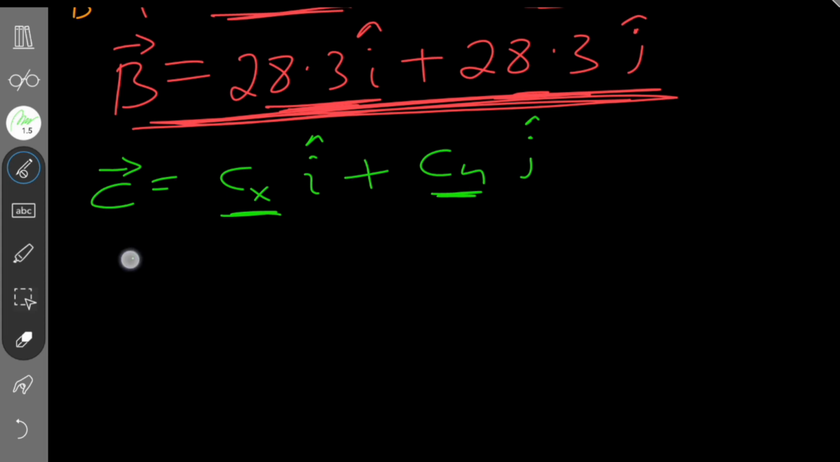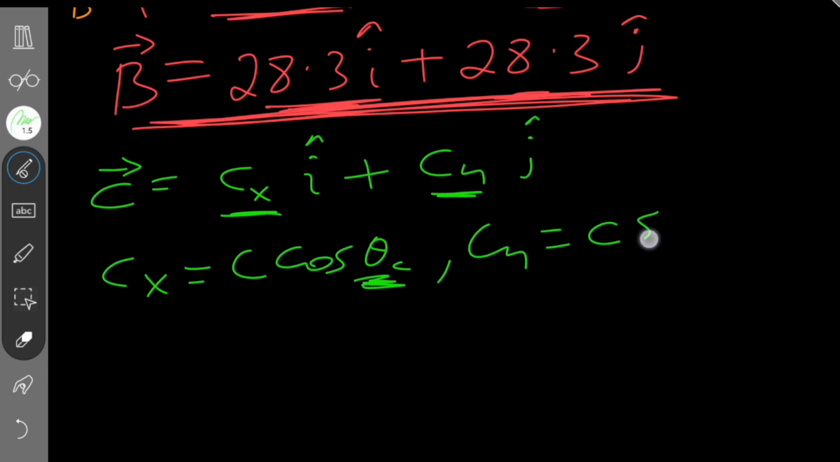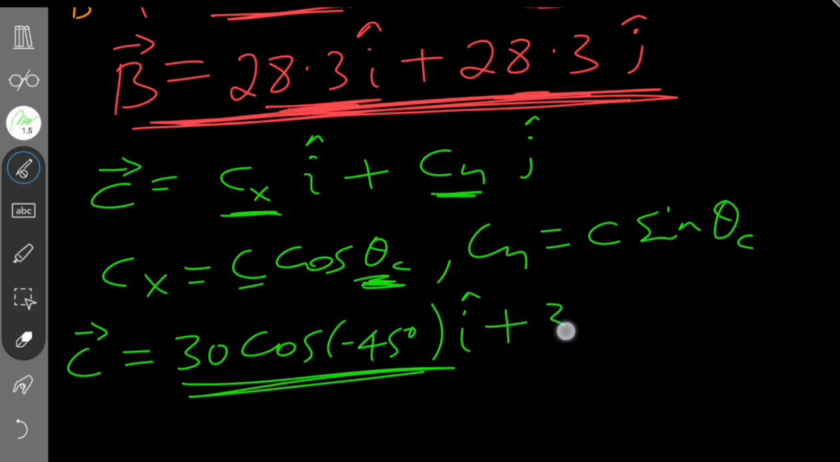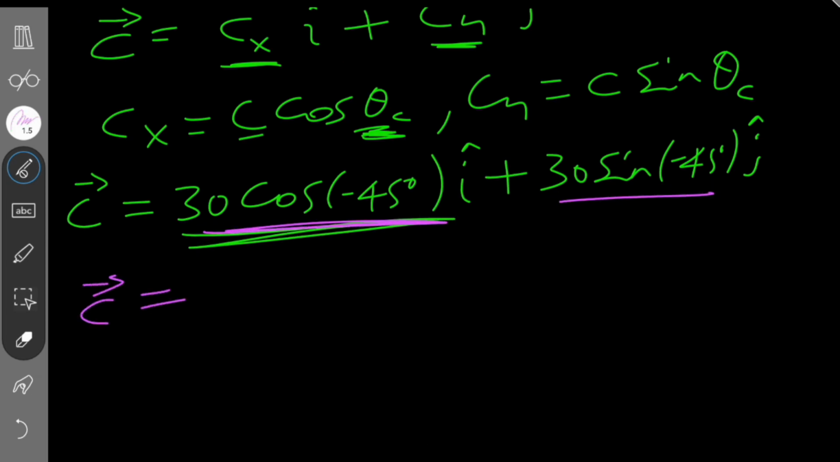cx is equal to the magnitude of c times cos theta, and cy is equal to the magnitude of c times sin theta c. Using this formula, vector c is equal to 30 units times cos of minus 45 degrees in the i direction, in the x direction, plus 30 times sin of minus 45 degrees in the j direction. Written in vector form and calculated with a calculator, vector c is equal to